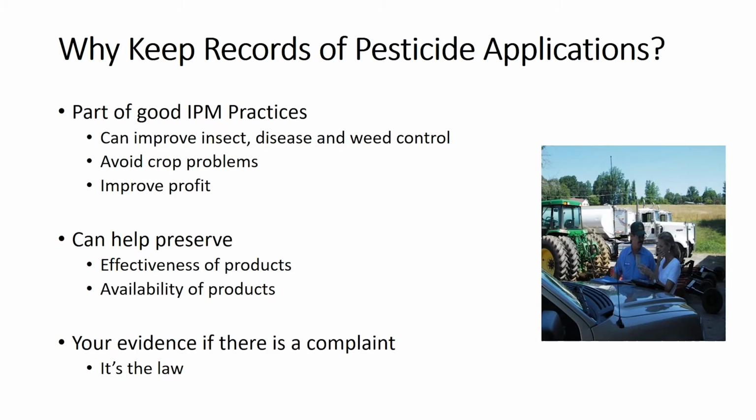Great, great. And, above all, outside of the effectiveness of the product that we're using, what products do we have available in our area? Because that is a big variation when you start talking other locations in the state, other states and things like that, because these labels are state dependent. So some chemicals that producers are using in other states aren't actually labeled or approved for Kentucky. But the big thing with why we keep records is if there is a complaint,